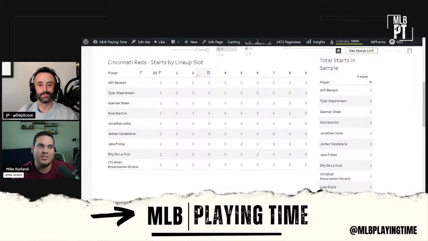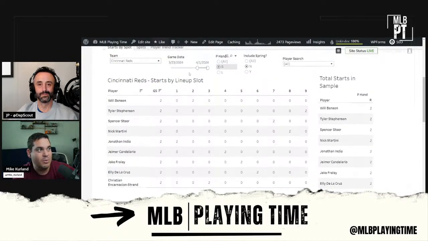And I know they were hitting Benson towards the top at the end of spring, but I thought that was more so getting him reps because we didn't really see a full lineup. And I don't think we ever saw anything but Ellie batting second all spring, regardless of lefty or righty. So I always thought he was going to bat second against righties and move down against lefties, because Ellie is known to struggle against lefties, but Ellie is batting 6th pretty much exclusively.